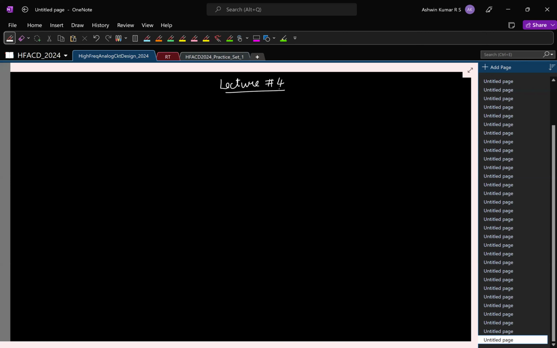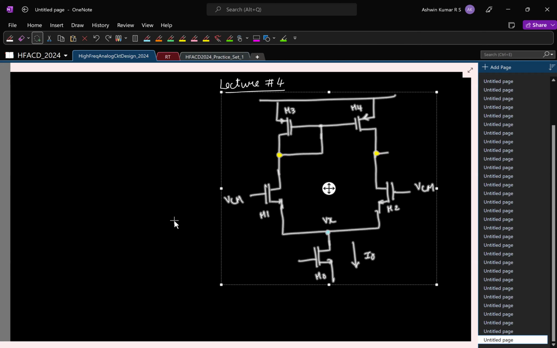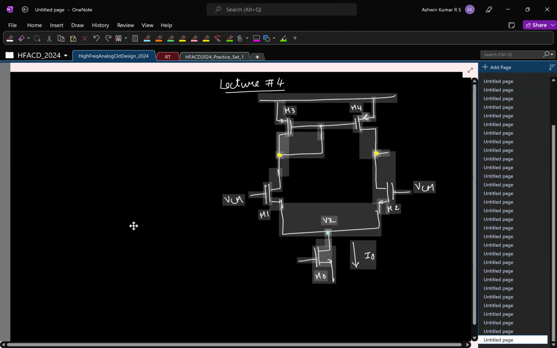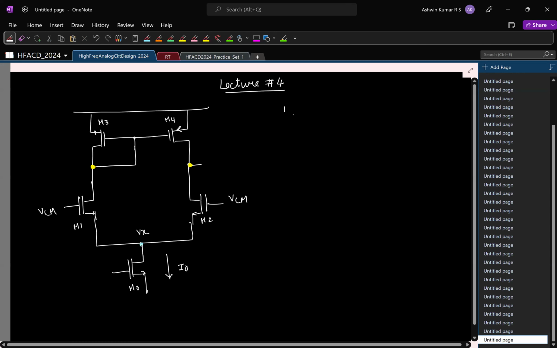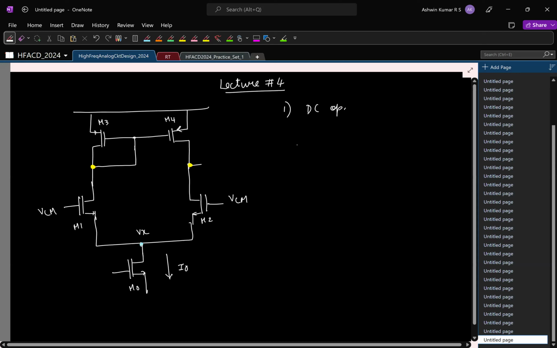So, in the last class, we looked at that five transistor OTA. So, this is that guy. For this, first we looked at the DC operating point, and we observed that although the circuit is asymmetrical, by contradiction, we proved that the stable operating point here is to have the currents in both arms exactly equal. And then we found the small signal gain, and that we computed as the product of the short circuit transconductance and